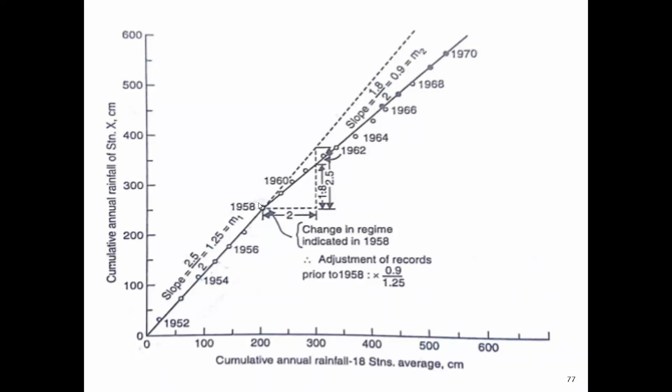So now, whatever rainfall values were recorded after this deviation have to be adjusted for the present environment. That means it should be consistent from this point. In order to adjust the rainfall record, it is an approximate method. It is not an exact method. The percentage of accuracy may be around 65 to 70%. You cannot expect 100% accuracy, but it is a method by which you can estimate what the rainfall record should have been. There will be a consistency of rainfall record after the change in the environment.